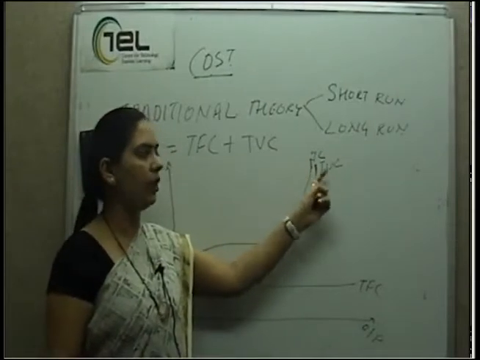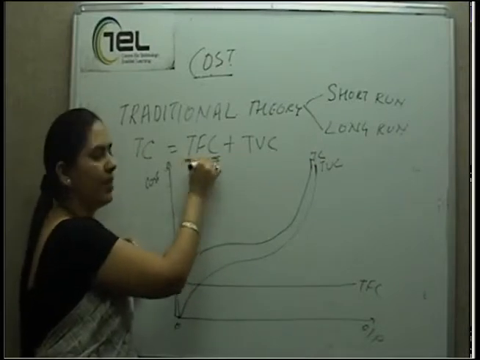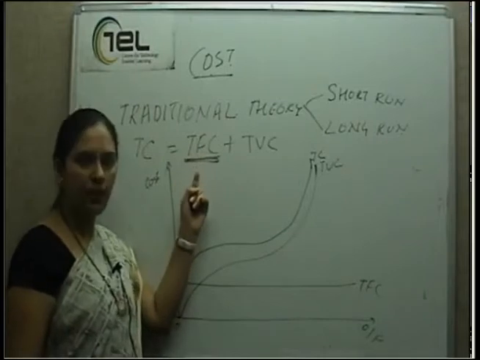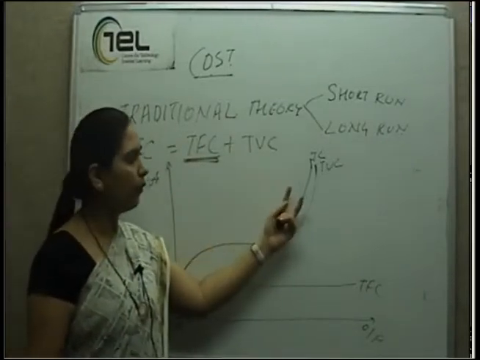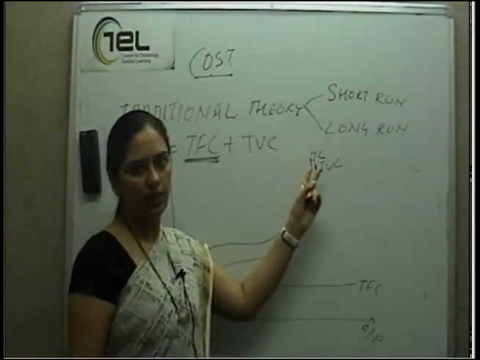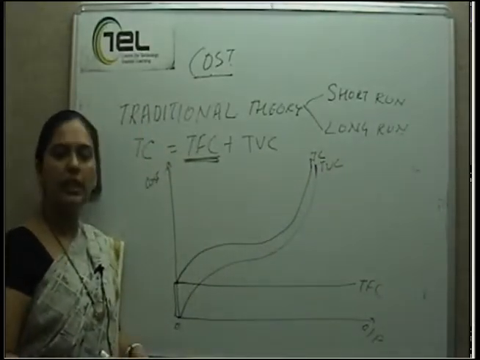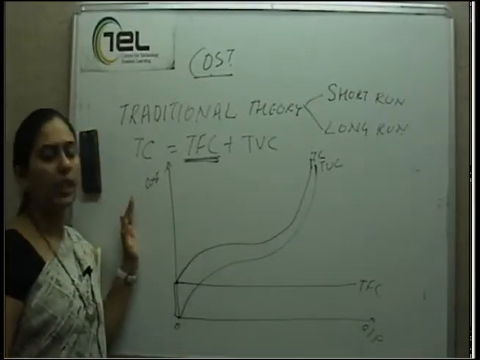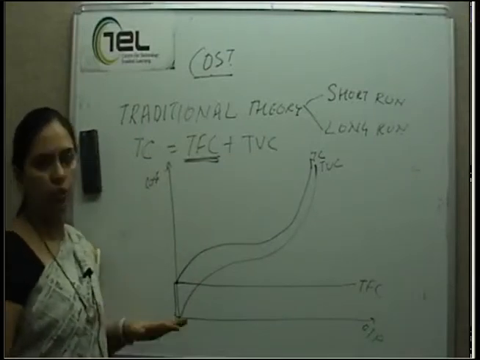The reason for this is because there is a particular level of TFC always there irrespective of the level of output. Since TFC is never 0, therefore TC can never be equal to TVC. Therefore TC and TVC would come very close but would never touch each other. So these were the 3 graphs which we have drawn of TFC, TVC and TC. That is all the curves of total cost in short run traditional theory. So we are only touching upon short run right now.